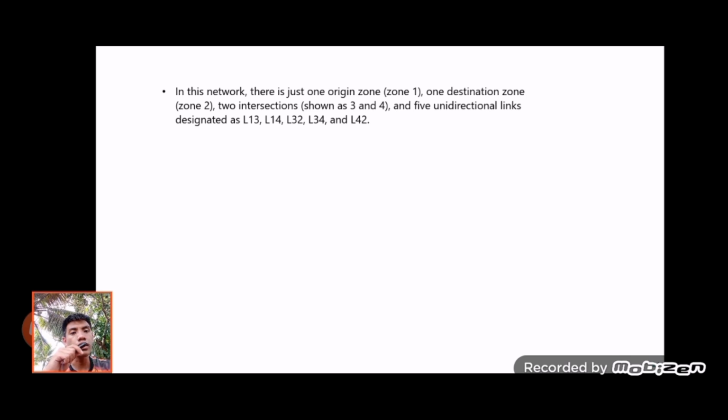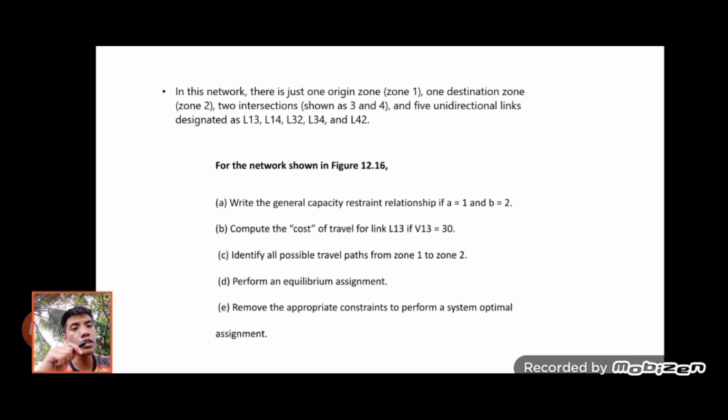In this network, there is just one origin zone, Zone 1, one destination zone, Zone 2, two intersections shown as 3 and 4, and 5 unidirectional links designated as L13, L14, L32, L34, and L42. For the network shown in Figure 12.16,